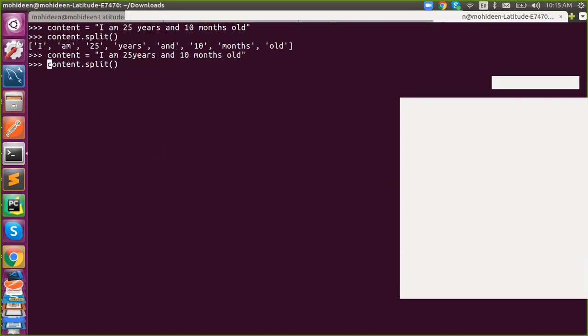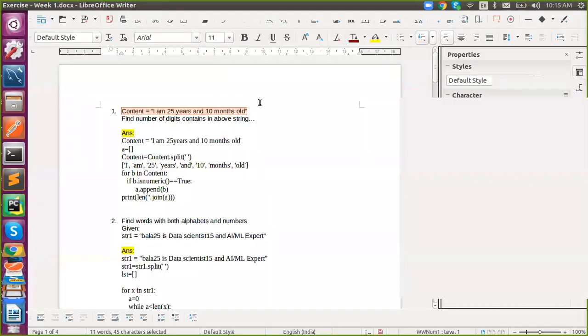Let's try. I'm getting 1 0, right? So my question is, I said I want the number of digits. You shared a word which has a number, but this is not what I asked.